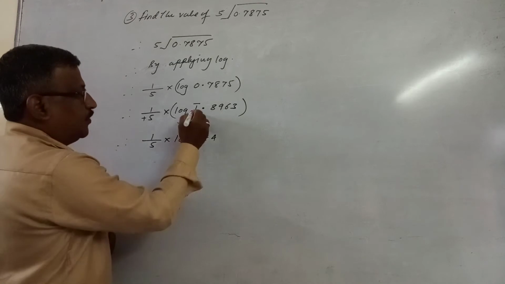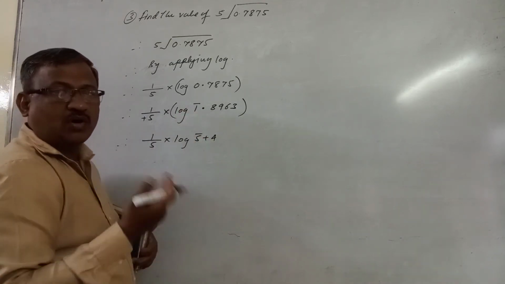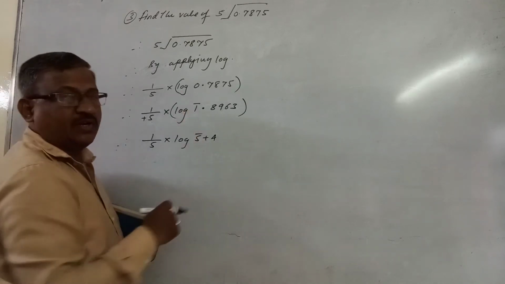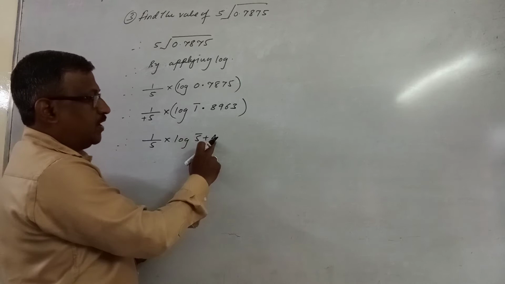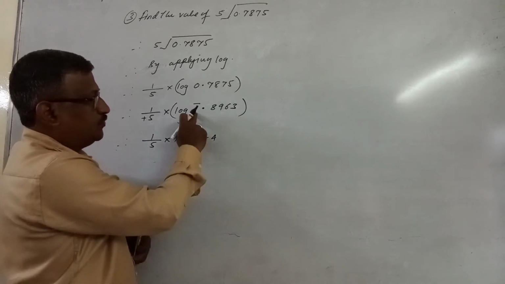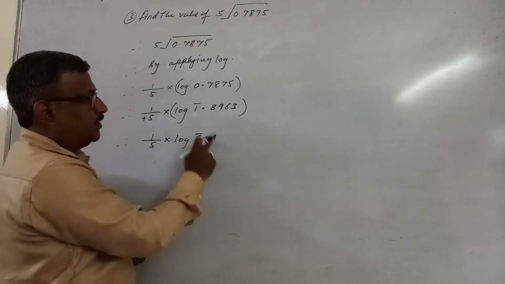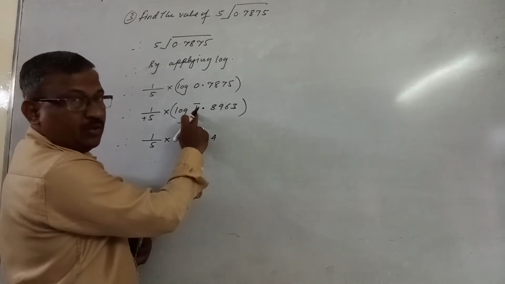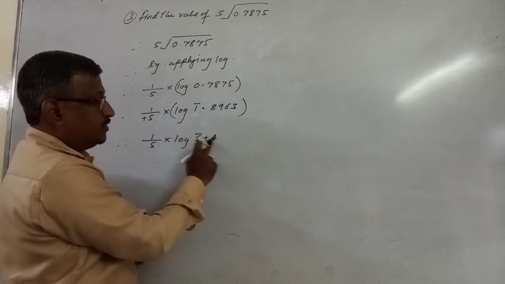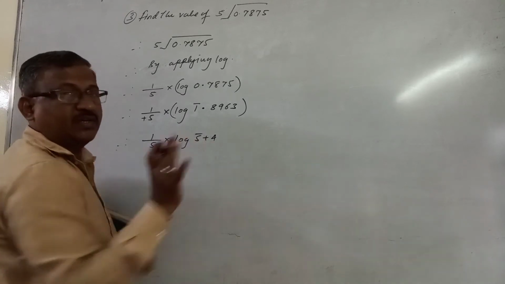Means first you have to write bar 1. Bar 1 means minus 1. So how can we write minus 1 in another form, which you have already seen in indices? Minus 5 plus 4. If you solve these two values, we get bar 1. Bar 1 means minus 1. So whatever we have written is correct. This is bar 1 only, because after simplifying these two, we have to get this value. If you don't get this value, then whatever you have written is wrong.